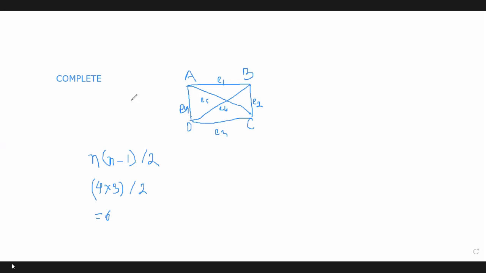What is multi-graph? In a connected graph and in a complete graph, look at this, there is only one edge between any two nodes. But when the number of edges between two nodes is 2 or more than 2, that is called a multi-graph. So now we can take a figure like this. Suppose this is a node, A and B, and suppose it's not a complete graph.